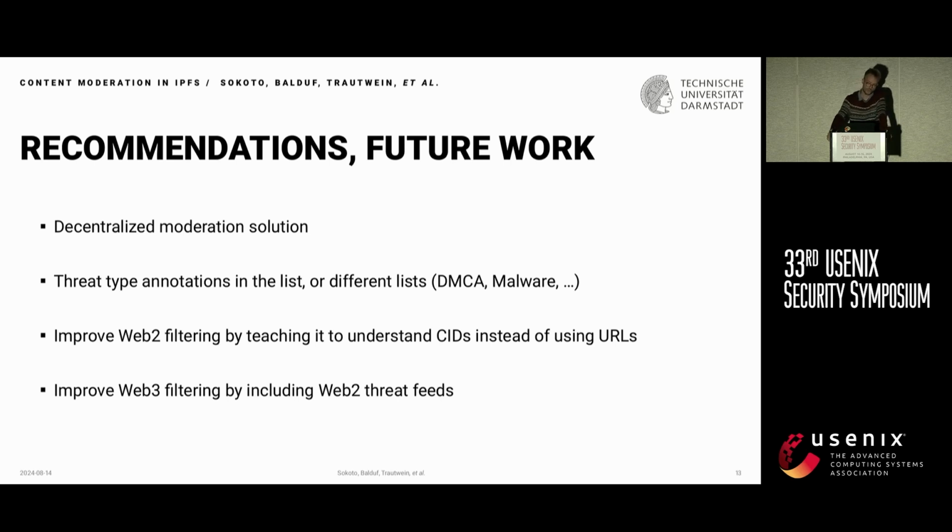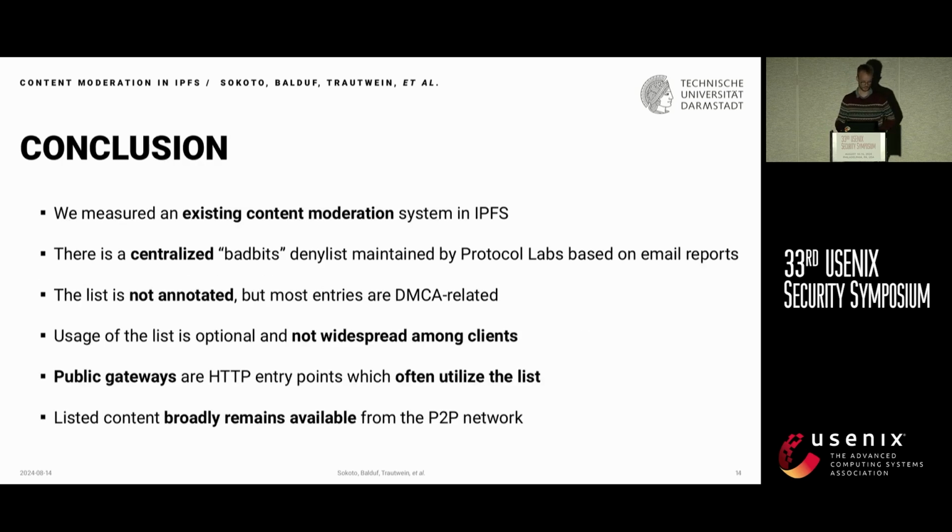We want to improve Web 2 filtering capabilities by making it understand content identifiers, et cetera. And we want to improve Web 3 filtering lists by having it talk to Web 2 lists. So basically, if you have these anti-phishing providers, it would be easy to just feed that data into the Web 3 list. In conclusion, we measured an existing solution of content moderation for IPFS, which is a peer-to-peer data storage